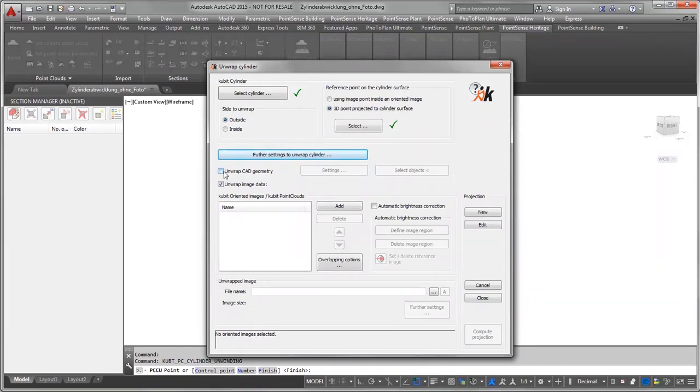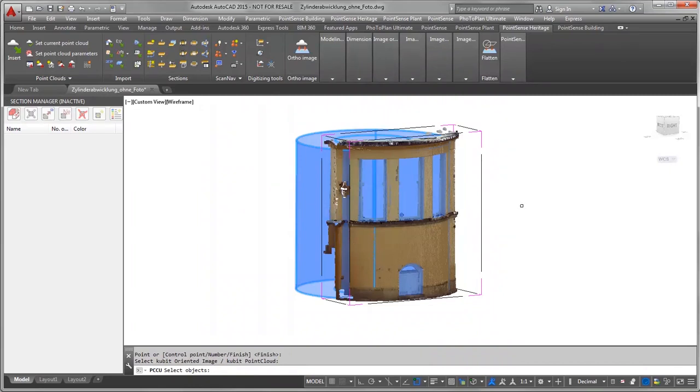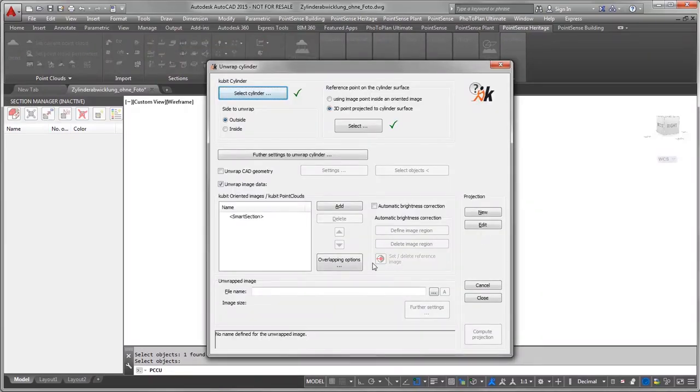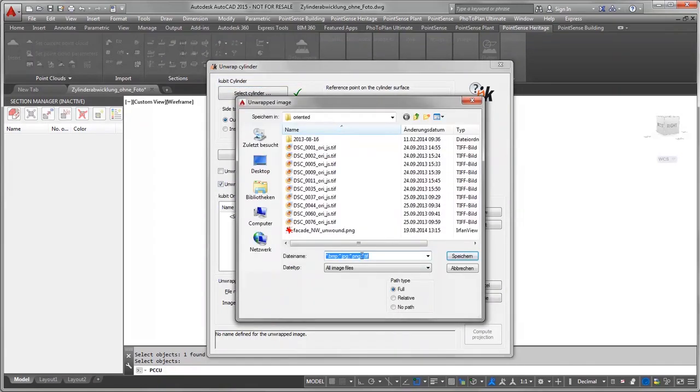And again, if I would have some geometry on top of the surface, I would choose this and could select the objects in the drawing, but I don't have some. And now we don't have image data, but we do have a Qubit point cloud, which we just created with the smart section. So we can add this one by picking the boundary box or picking the point cloud itself, confirming, pressing enter. Brightness correction is not necessary right now, and yeah, we just say unwound